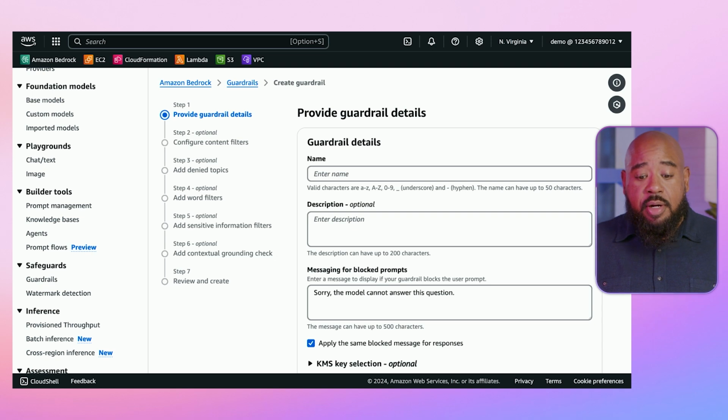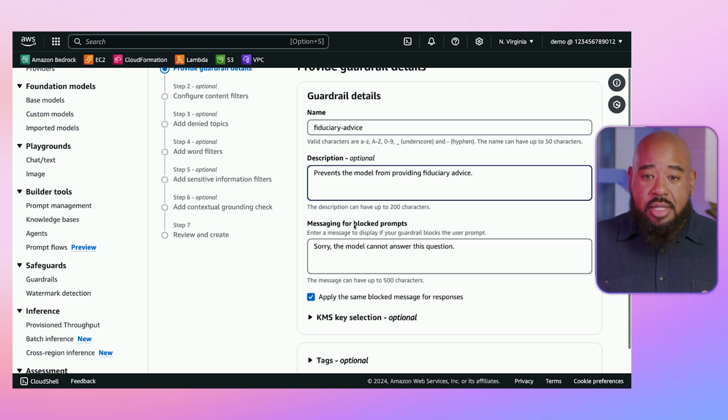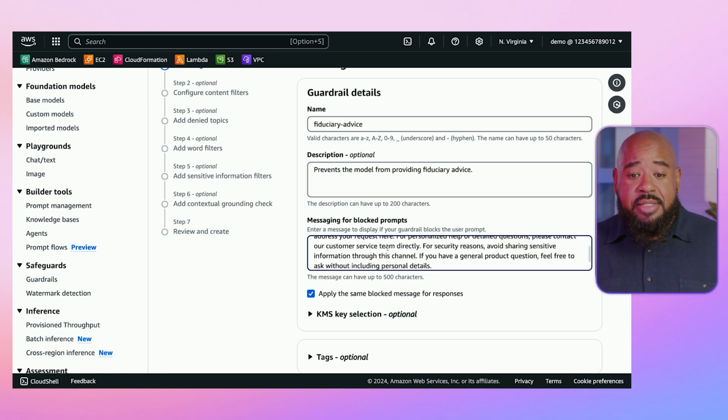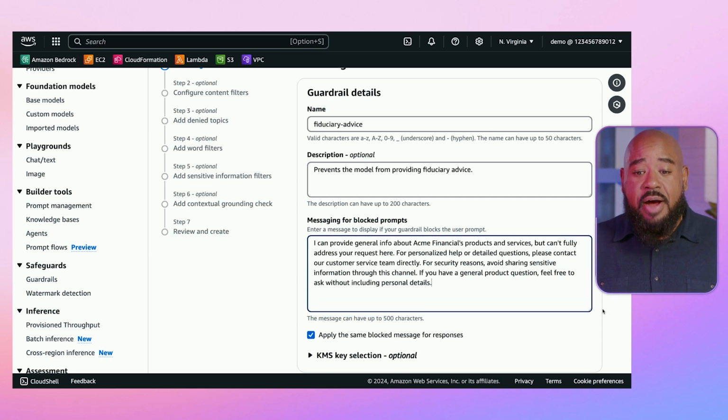Now the guardrail we want to create is going to be focused on preventing fiduciary advice coming from the model. So we'll name this fiduciary-advice. We'll give it a description that kind of tells us what the guardrail is. And then we're going to provide a messaging for blocked prompts. This means that anytime a prompt is blocked, this is the message or guidance that we want to provide from the model.